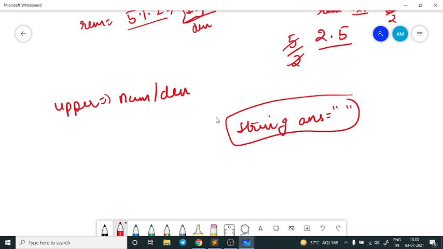And suppose let us take a big number, right? Let us take this 5 by 2 example. So I will put this 5, let us denote this number by num, right? And so forget this one. If I want to convert this number, let us say 1 2 3 4, in the form of a string, so what will I do? I will take digits one by one, right? To extract the digits one by one from this number 1 2 3 4, we just take the remainder every time, right?